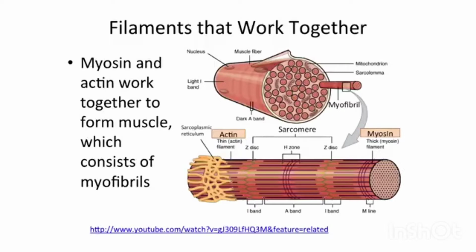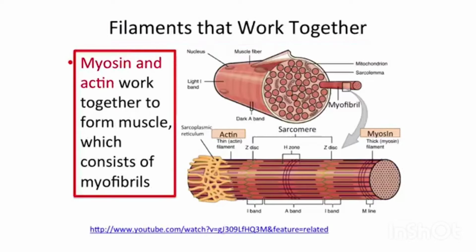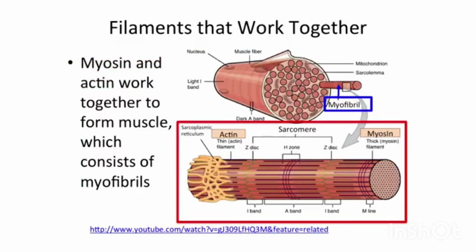And there are two basic filaments that are in muscle. They are myosin and actin, and they work together to form the muscle and allow it to move. Muscle consists of these long fibrils called myofibrils, and when they are broken down, you can see that they are together in clumps, and when you come to the bottom, you can see this single muscle fibril,